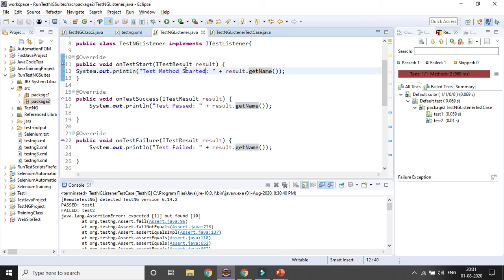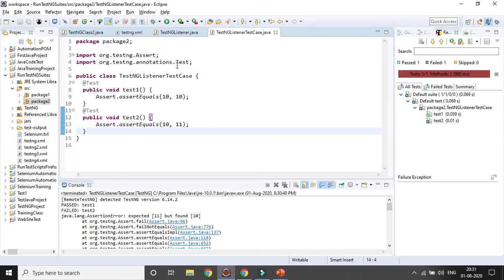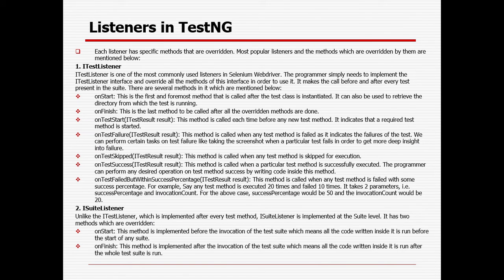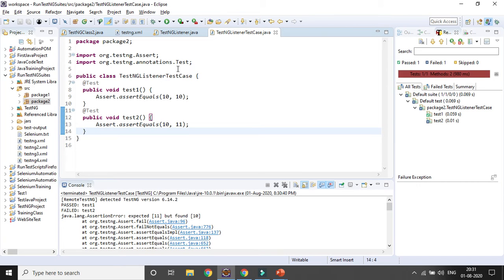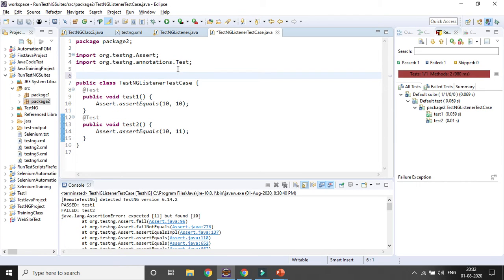So in case if you want to change it again, we will just simply change in that particular class where we have implemented ITestListener interface, right? So here how we can use it, I already told here, right? The next step is we need to use that @Listeners and then package name dot class name dot class, right? Before the class whatever we have created here. So that means here we have to import it, right? Use the @Test annotation listener.